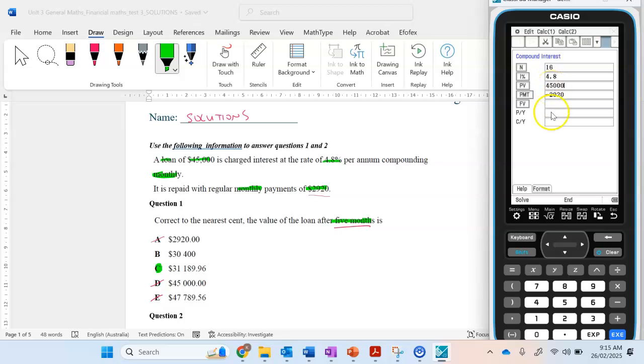45,000 is our loan. Oops, and 12 and 12. Now the reason I couldn't make future value 0 is because your final payment can never be exact, because you're taking a percentage each year. So if I do my future value, we can see we've got